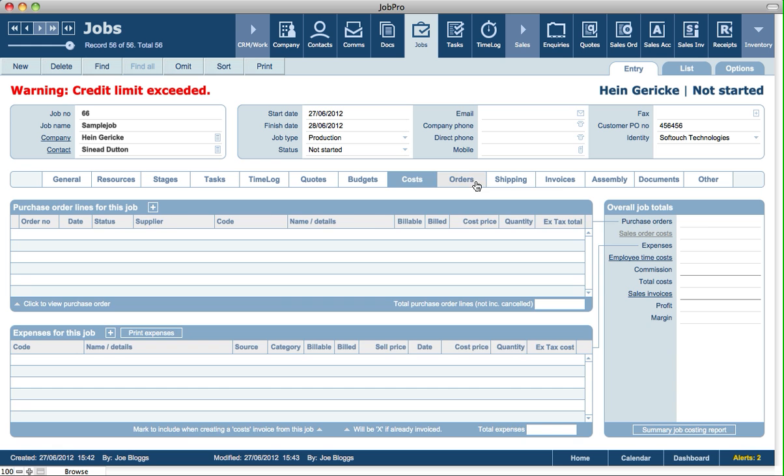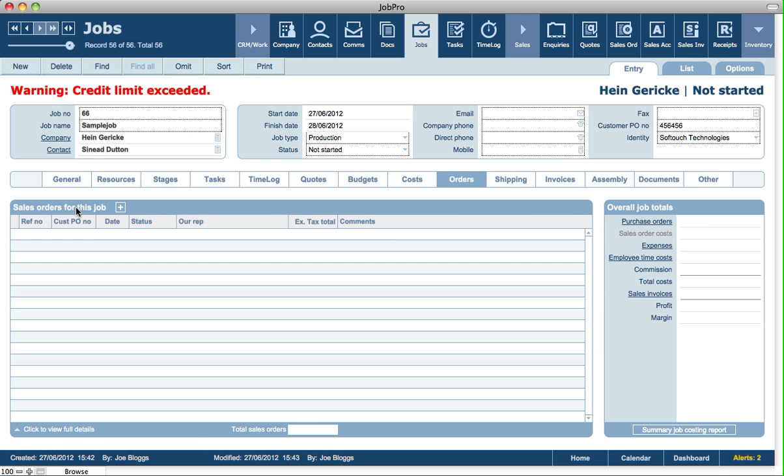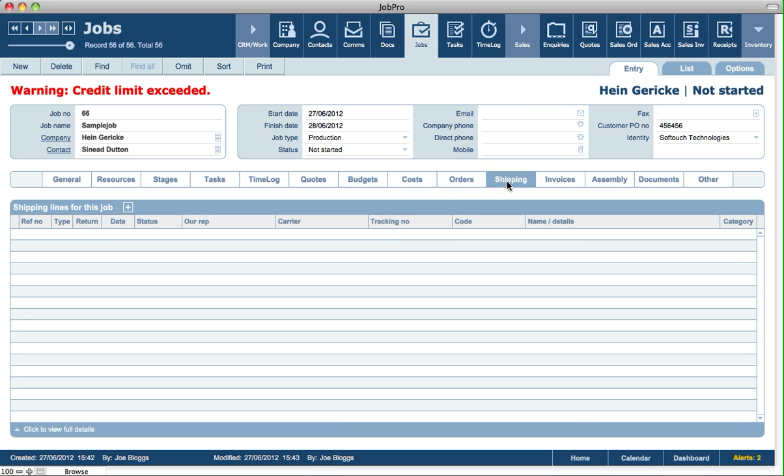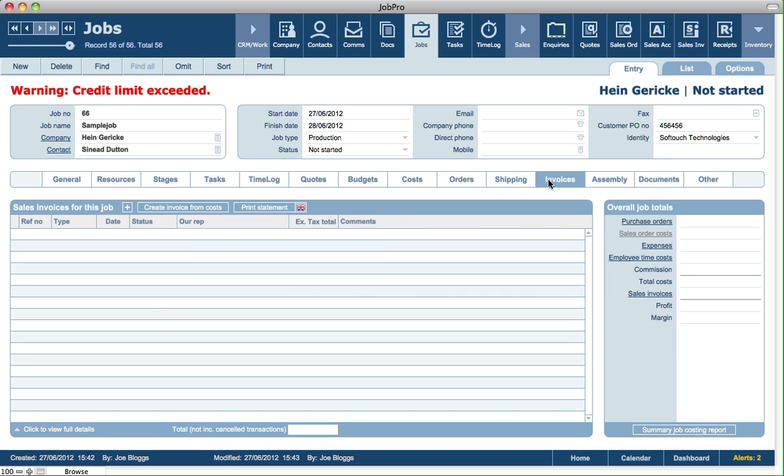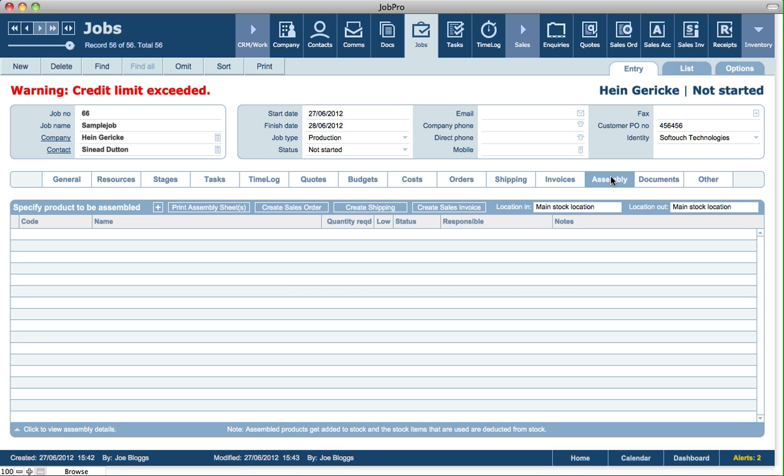So we can also see any sales orders related to a job, any shipping records if you ship out goods and products, any sales invoices linked to this job where you can create invoices and also create invoices from chargeable or billable costs that you've incurred on the job, print statements relating to invoices owed for this customer, and also assembly or manufacturing related functionality where if you manufacture or assemble finished products, you can specify in the products module